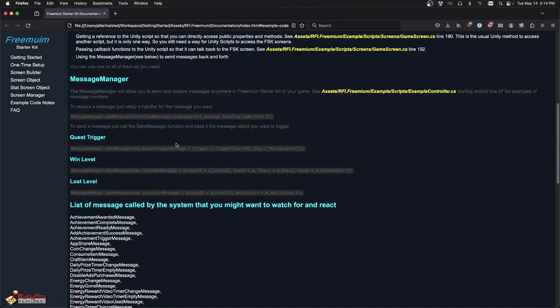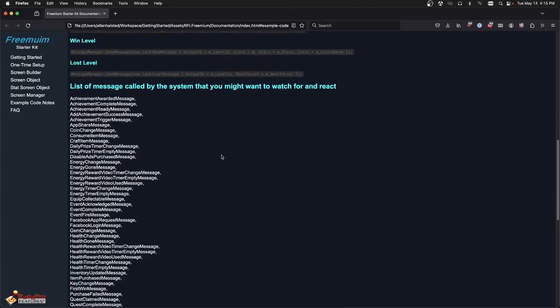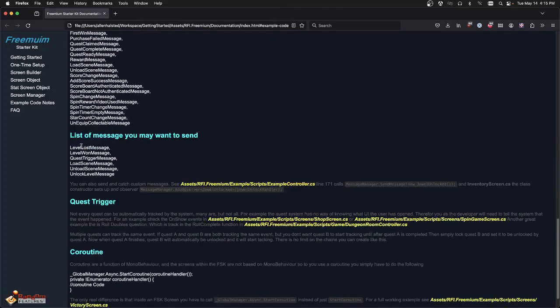Another important aspect is the messaging system. The messaging system consists of two parts: the observer and send message. You will see these used throughout the example code. Here's a list of the different types of messages that you may want to watch out for and react to. There's also a list of messages that you might want to send to the system. These messages are not only a means of communication, but they are also how the system knows that quests or